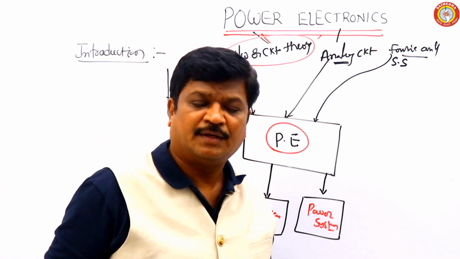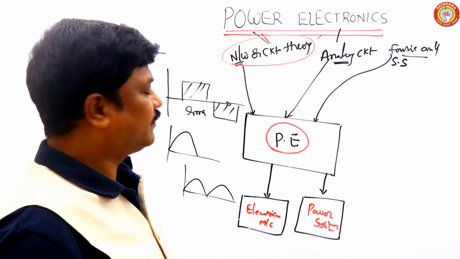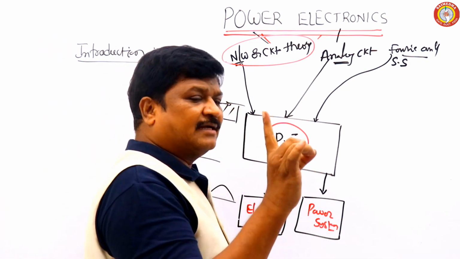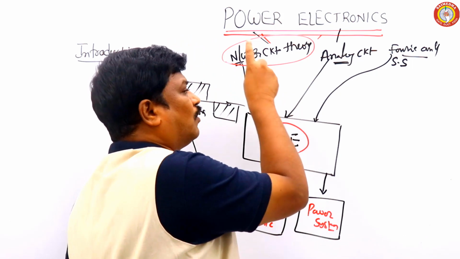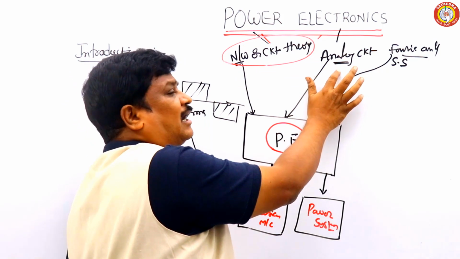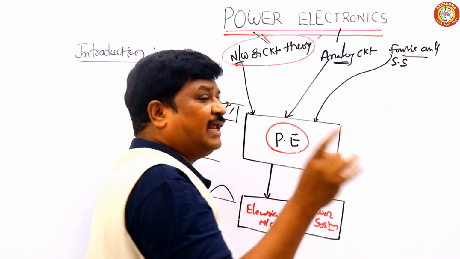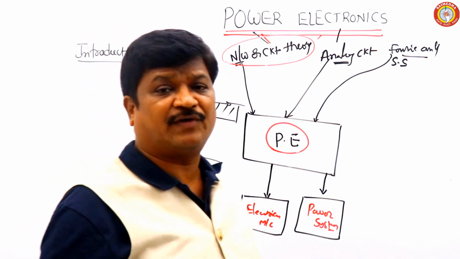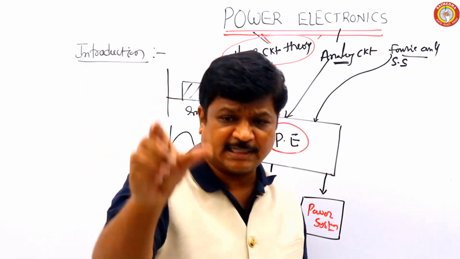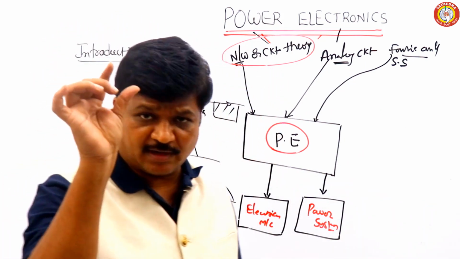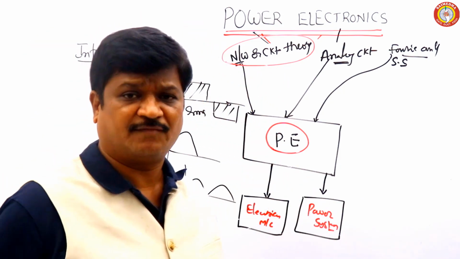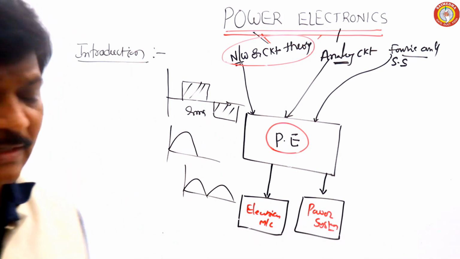Are you okay? Is the point clear or not? So I suggest that before preparing power electronics, you should have very good knowledge of network analysis, brief knowledge at least of analog electronics, and Fourier analysis is very compulsory. At least some waveforms, RMS values, average values. In the next classes you can see all these things. I will teach Fourier analysis in a separate class, RMS value and average calculations in separate classes, and thereafter we will go for the fundamentals of power electronics. First we will learn the fundamentals, then we can go for further topics.